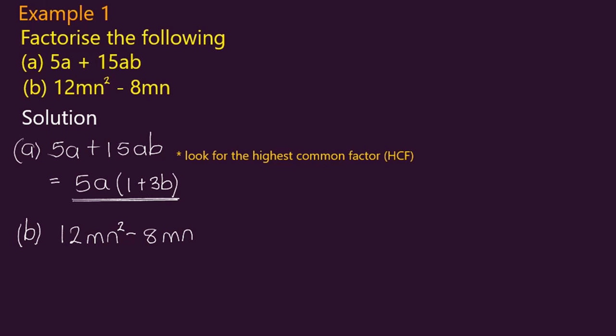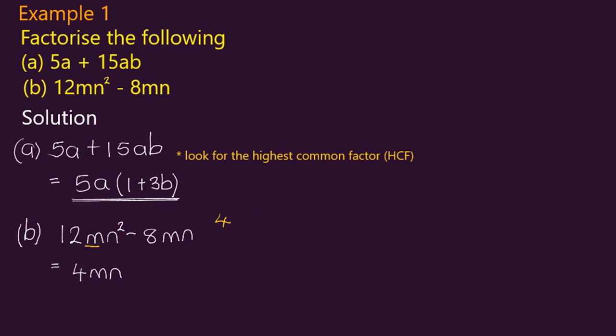Right, so for the numbers 12 and 8, the highest common factor is obviously 4, and for m and m here we have m, and for n squared and n, the highest common factor will be n. So we have our highest common factor being 4mn,